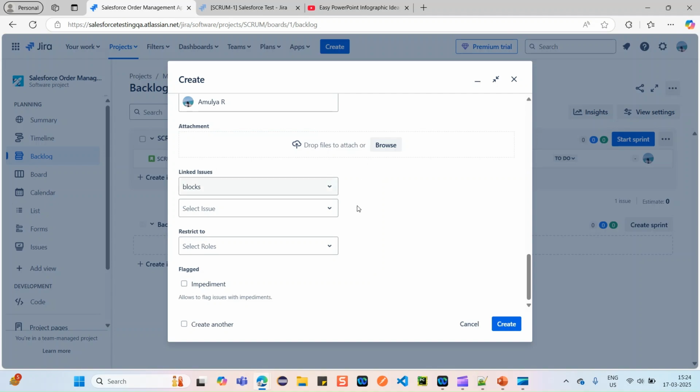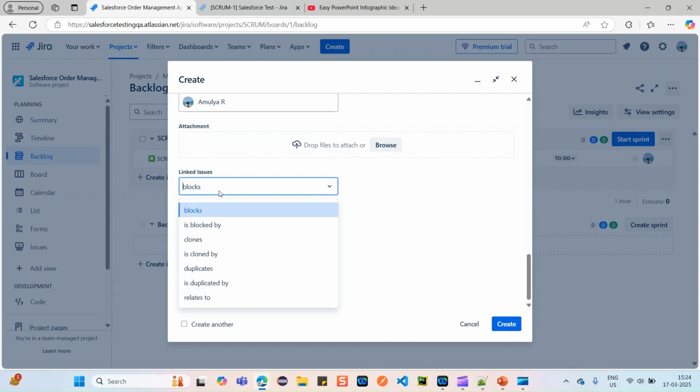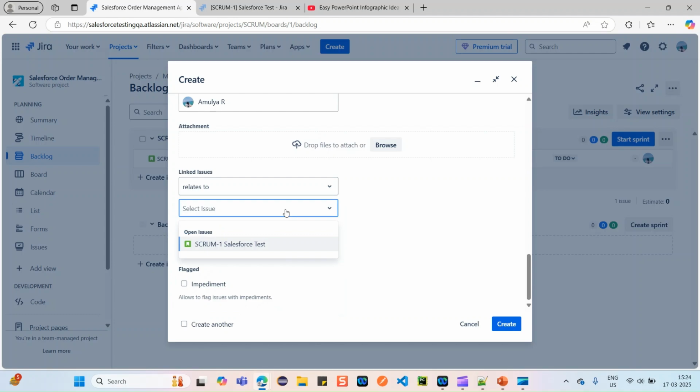Next thing, linking the issue. It's not like you're just reporting a defect, right? By testing which story you got this defect, you can link this particular defect to that particular user story. Simply click on this defect relates to, select relates to, and you can select the issue over here.